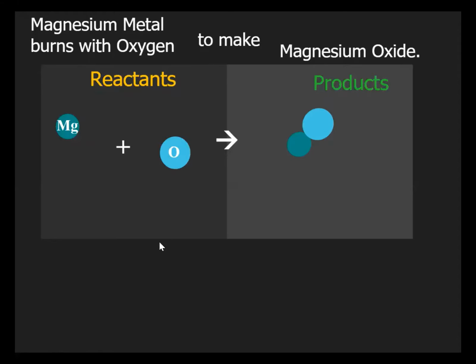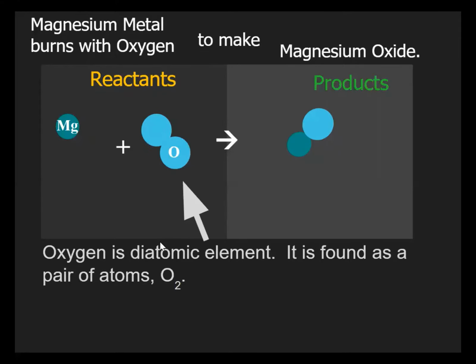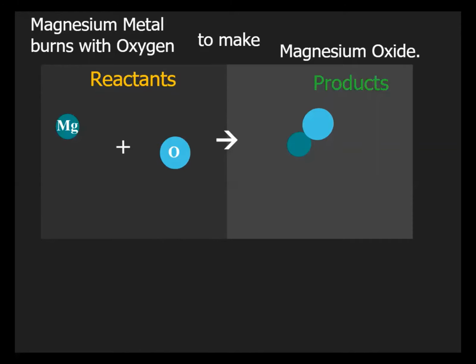And now let's look at this. Do we have all of the formulas correct? I just told you that magnesium oxide is 1 magnesium and 1 oxygen. You can use your valence electrons or charge to figure out whether that's true, or look back to last week's experiment to see that. But let's make sure that all of our other formulas are correct. We know that magnesium metal is just magnesium metal, but now oxygen,